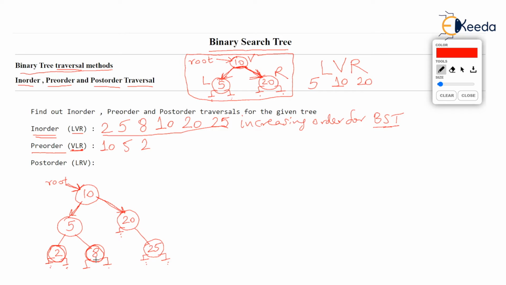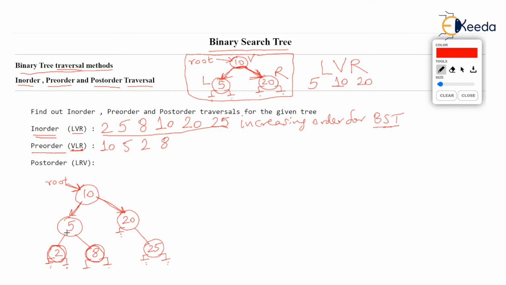And the rule states that you first print the vertex V and then move left, but left of 8 is null. So done. And after VL, you try to move right of 8. That's also null. So for 8, we have observed that all three things, VLR, are over. Now we will return back, or backtrack, to the node from where we came to 8. We came to 8 from 5.